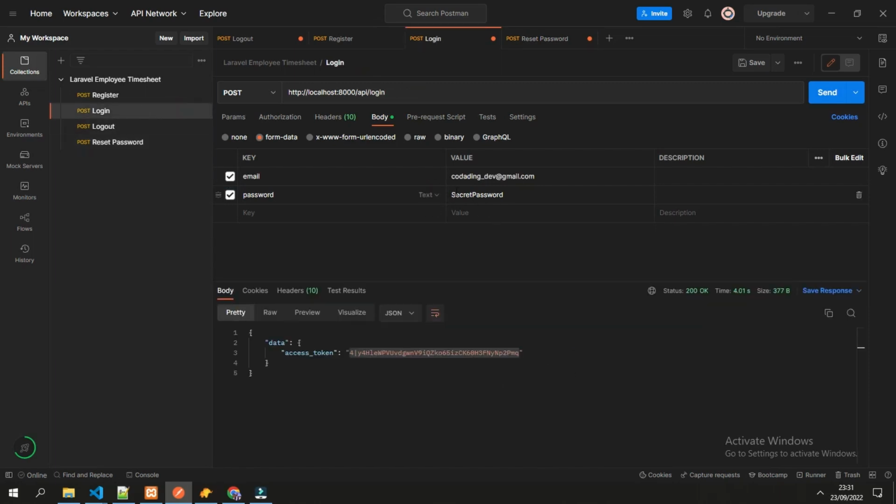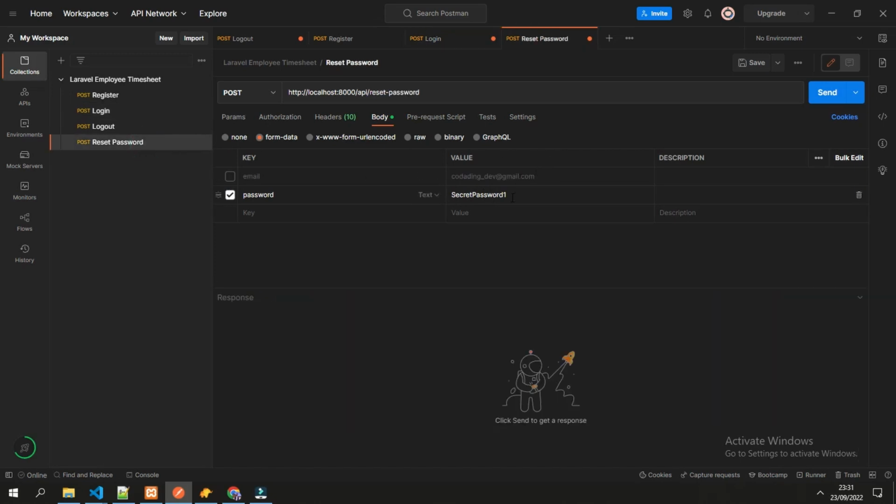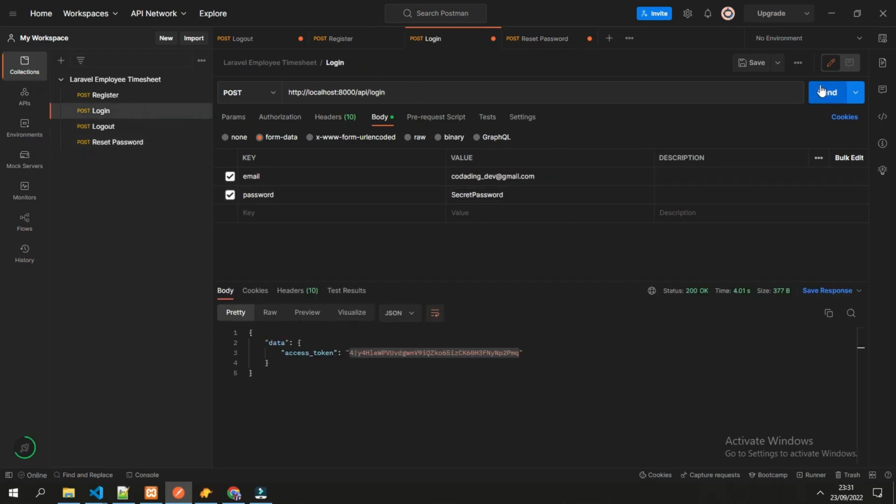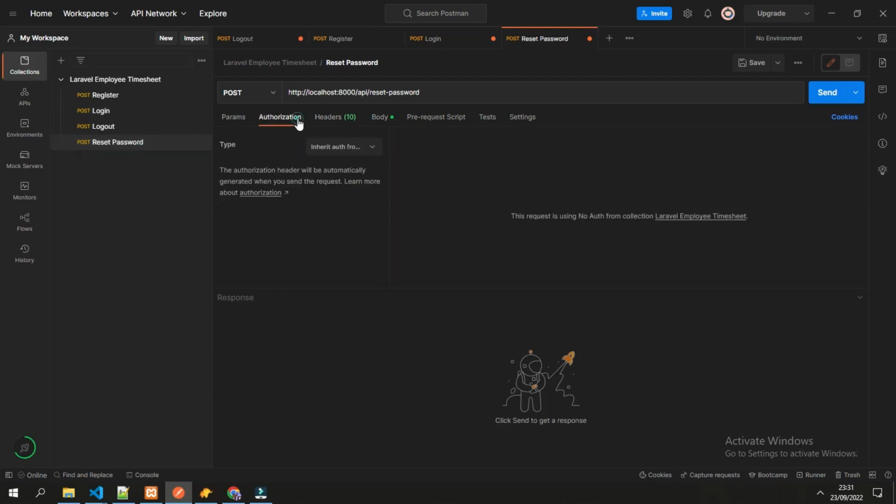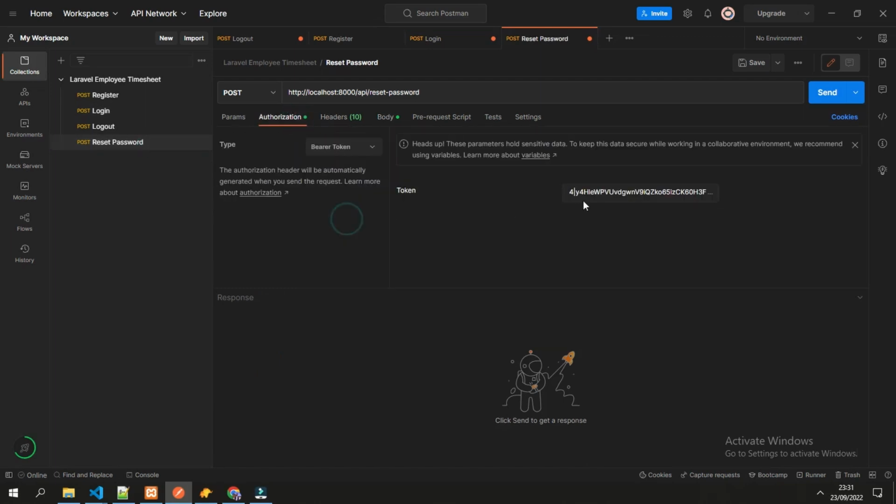So in login here, our password is secret password, and when we reset password, we change that to, for example, new password. Because in the previous logout we don't have any token, so let's try to login first. This is our only access token for now, and we put in here in the bearer token.